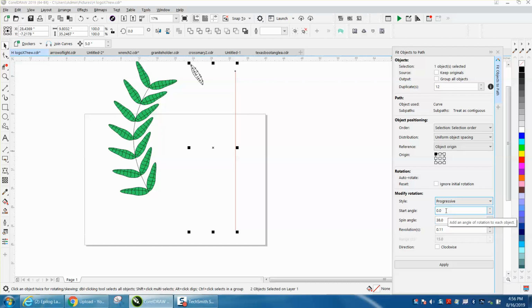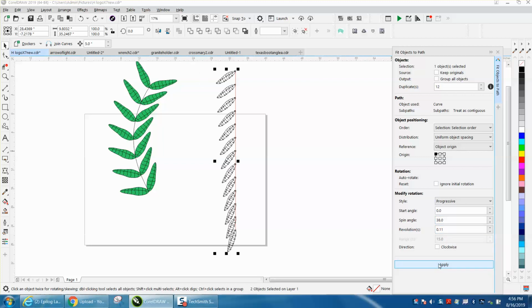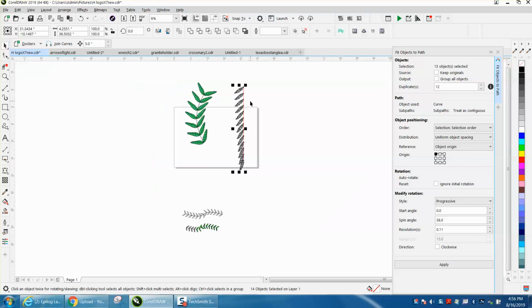I'm going to start at 0 because I don't want it to change the original, but when you change these, it changes the spin angle. I found 0.11, and then it changes the spin angle to 38, and voila, it makes it look a little bit more natural. Now it's still upside down, but we can definitely mirror it and make it look more like a